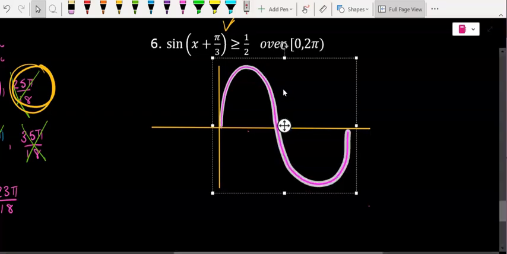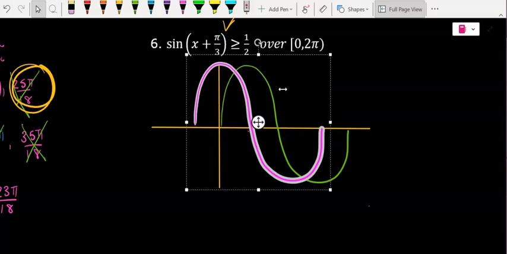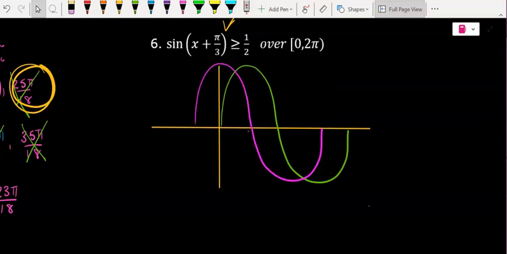But now I'm going to take this graph and shift it left. So I've got my original parent function there in the green, and now I've shifted my graph left, pi over 3, okay? Now, this isn't drawn to scale or anything, I'm just trying to show you here. When I look at my original one and think about when does sine equal 1/2, well, it equals 1/2 at pi over 6, and then again at 11 pi over 6, right? So if this was just between 0 and 2 pi and hadn't been shifted at all, pi over 6 and 11 pi over 6,